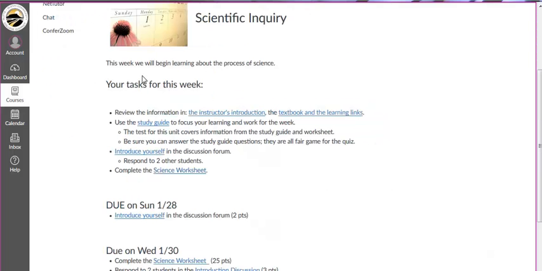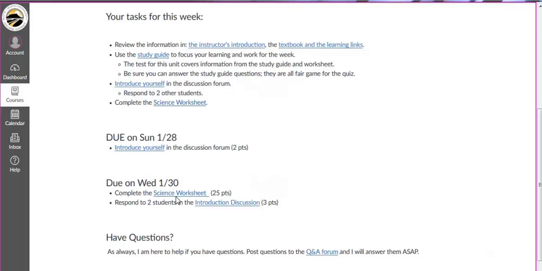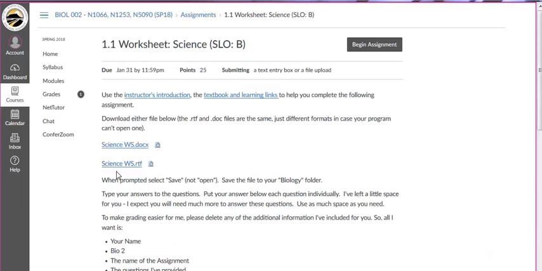The link to the worksheet, so if we're back on our schedule page, the link to the worksheet is here, as well as listed under when it's due. What you'll do here is you'll download this document, fill it out, follow the instructions on the document, and then attach it. If you have questions on how to submit an assignment, you can post them in the Q&A forum,